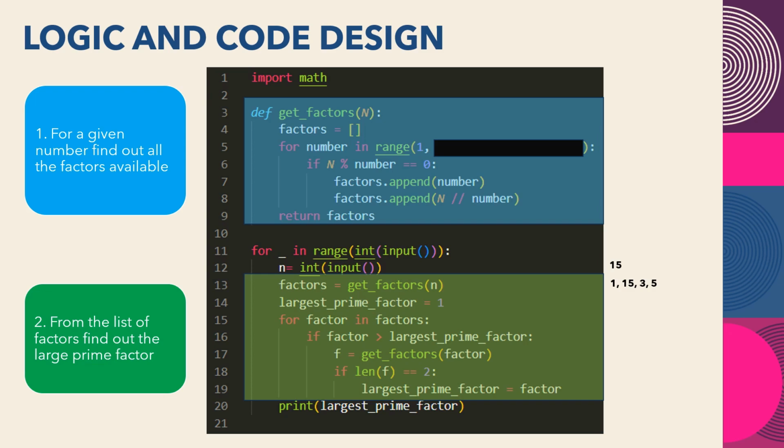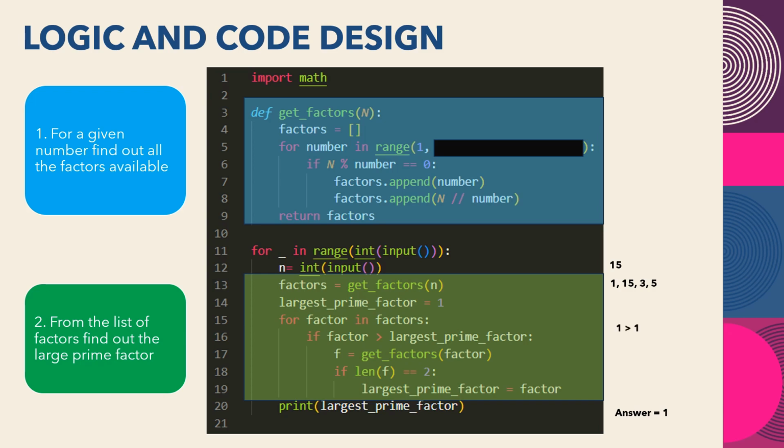Okay, which is 1, 15, 3, and 5. So that is happening in line 13, and it is saved in the factors list. Next, we will consider the largest prime factor, which is at line 14, equal to 1 initially. Then we will loop through all the factors in line 15, for factor in factors, and we'll check whether